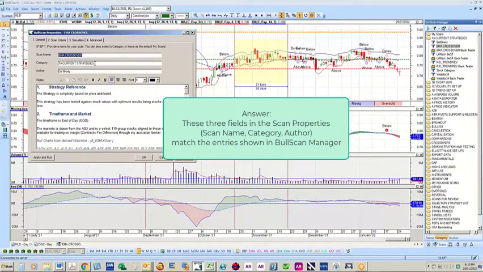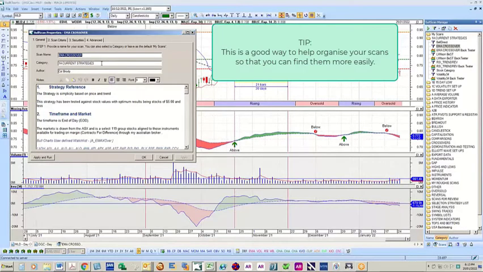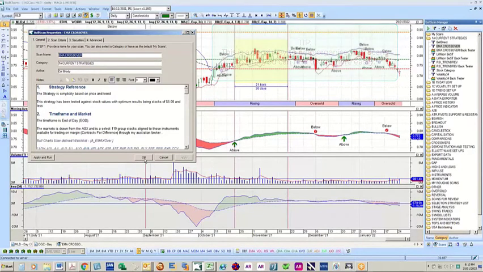Previously, Rob, I would have had a bunch of these scans in my scans, and I was forever trying to find my current scans. What I'm finding now is just the way I've set this up. As I said before, I will run these current strategies, all in a minute, and it runs overnight, and then I just put them in a journal and I know what I've actually done.